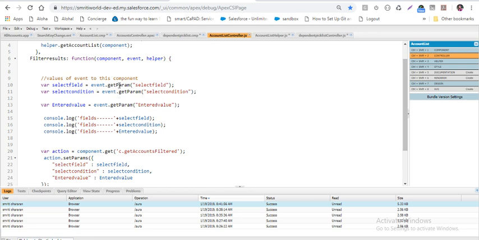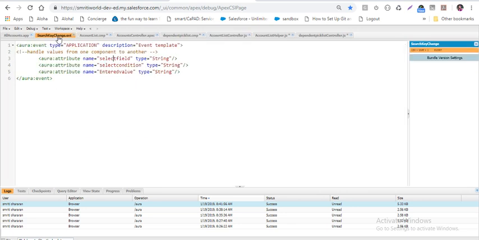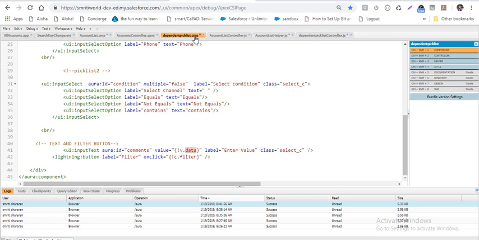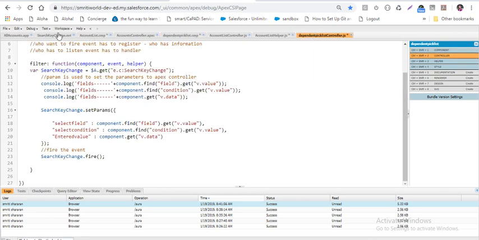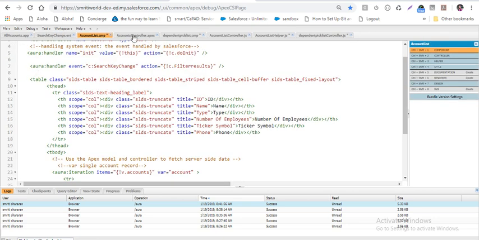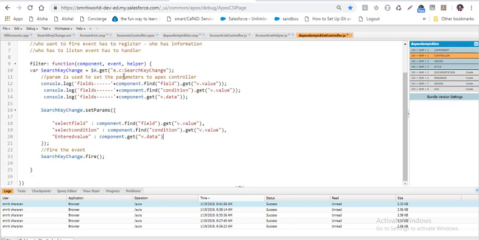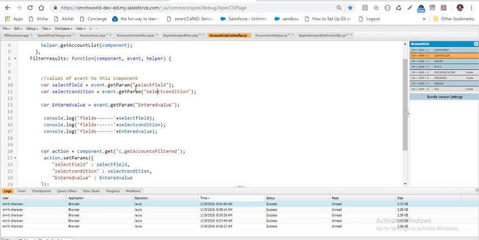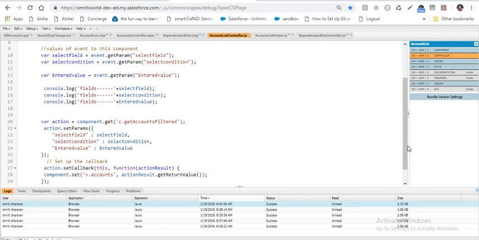If we see how we have done it, here we are getting the parameters select field, select condition, entered value. How are we getting these? If you go to the event, it has select field, select condition, enter value. How is it able to access them? Because there we have used the aura handler. So if I go here in the select key in the dependent list controller, this one we have already done. We will be using the account list controller. So here we will be getting these parameters, whatever value is being set there, we are getting those values,